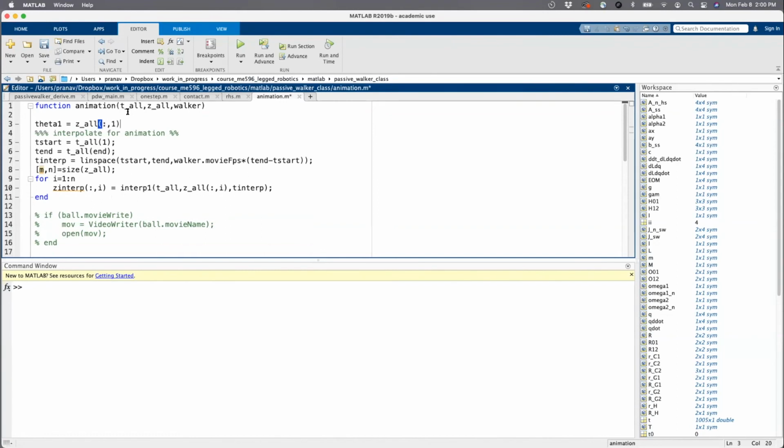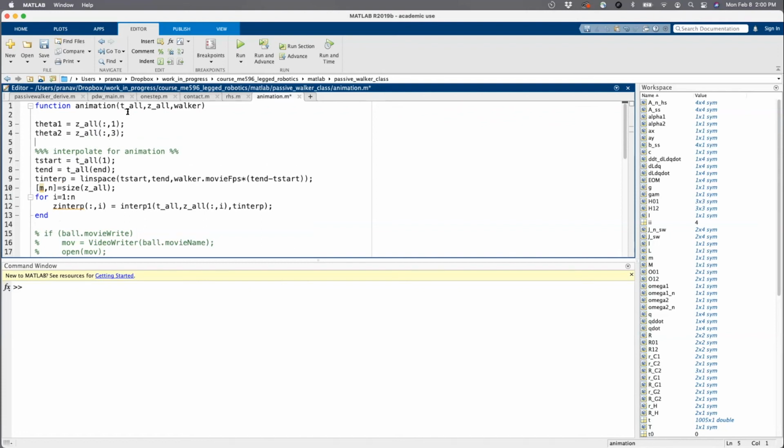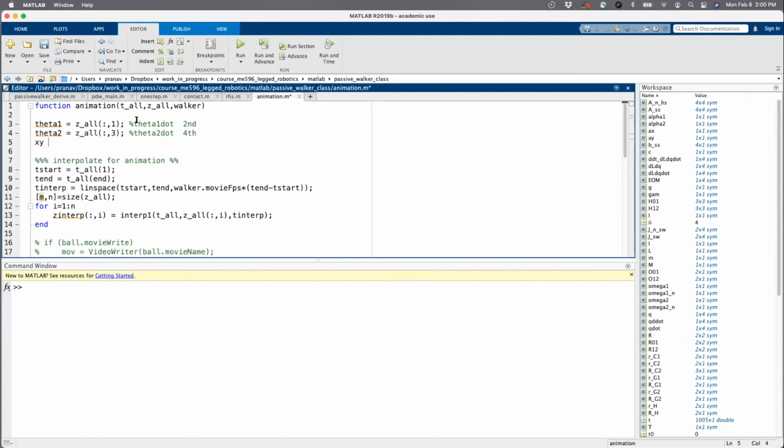Sorry, it's the first column. And then I also keep track of theta 2, which is Z, the third column. Theta 1 dot is the second column, and theta 2 dot is the fourth column, right? This is all fine. What I'm going to do is try to get the XH and sort of